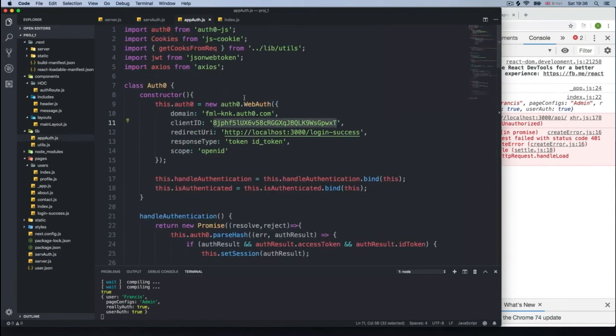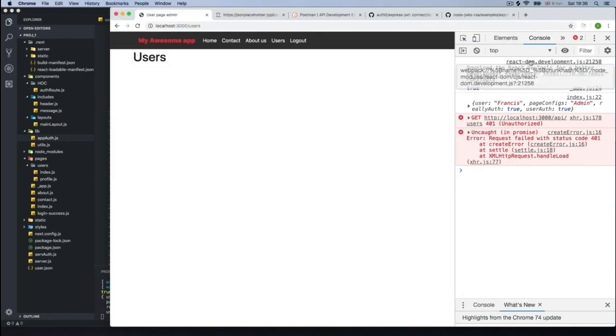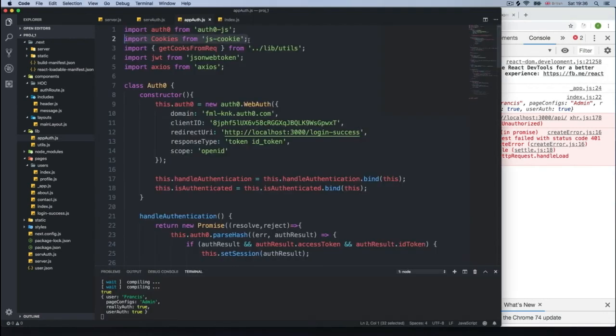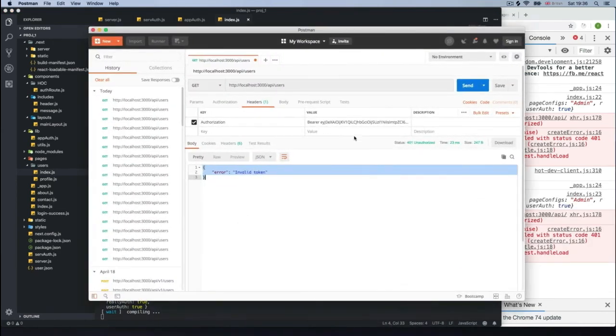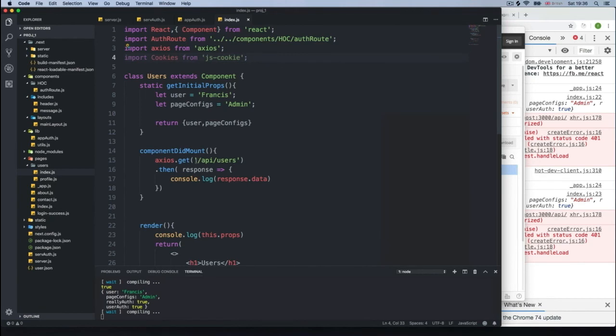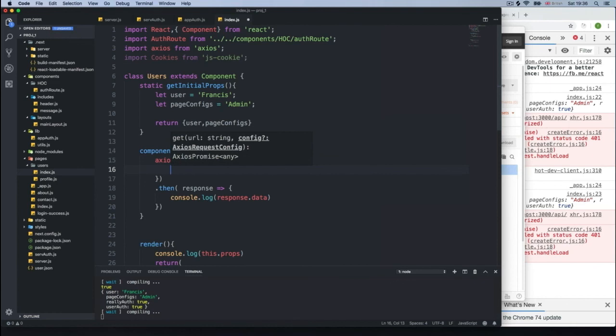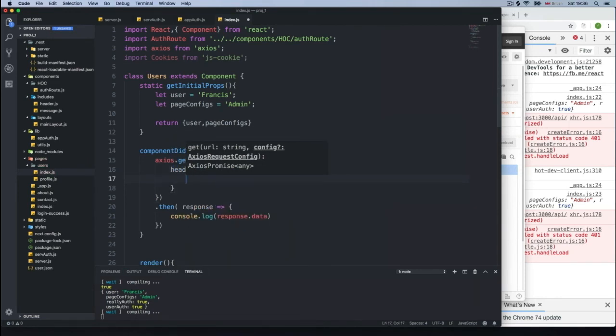Well, if you remember, on the app auth we've already included a library to get the cookies from the browser. So we just need to do this. I'm just going to copy all of this. I'm going to go to index, and we need to do that var thing we did on Postman. The way we do it in Axios is after the URL, we add the headers. So I'm going to say headers, open a new object,